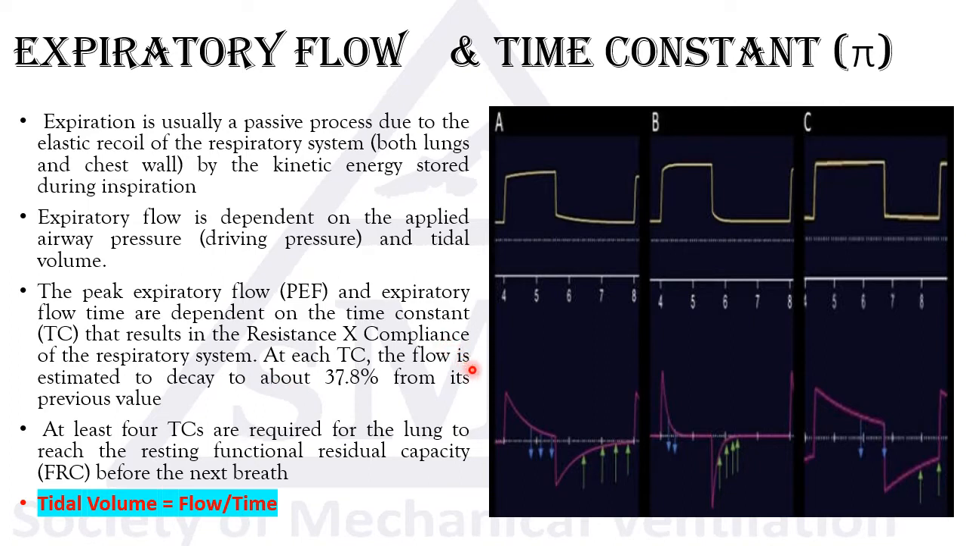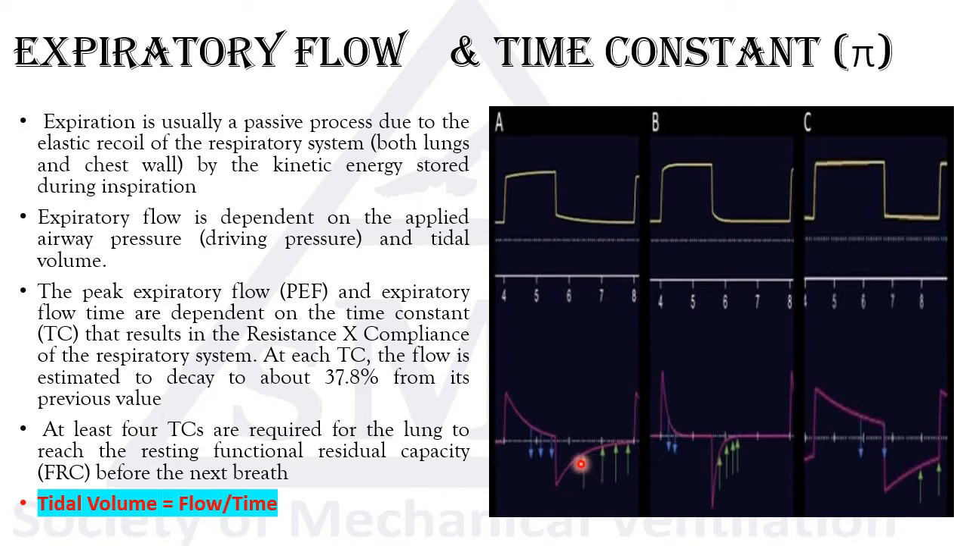For example, if that patient has a normal compliance of about 70 and resistance about 10, the time constant is 0.7 second. So each time constant, the flow is estimated to decay about 37.8% from its previous value. For example, if that peak expiratory flow is 100 liters per minute, after 0.7 seconds it will go down to about 37.8. Then another time constant,